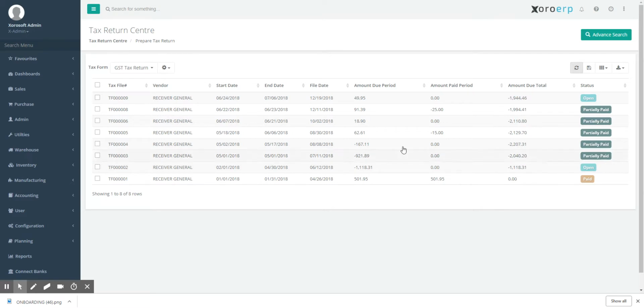tax return. So if I go to the tax return center, I'll see all my filed tax returns and I'll notice that the amount due is actually negative. So I can only perform a refund on these returns. I actually won't even be able to perform a payment, because on these negative returns, the government actually owes me money. So I'll right click